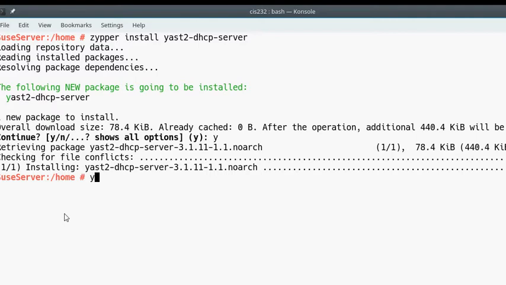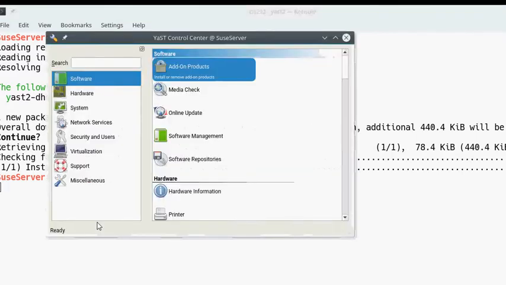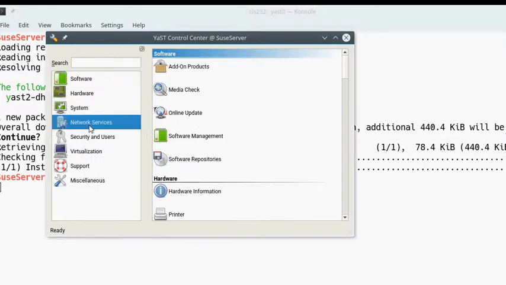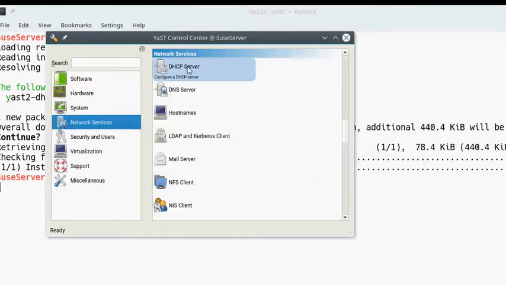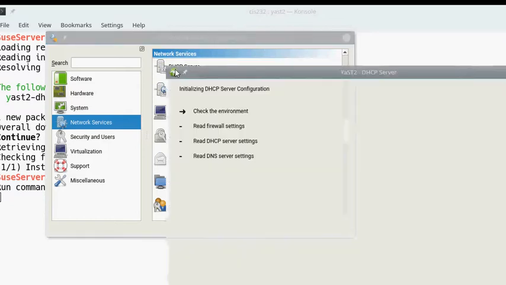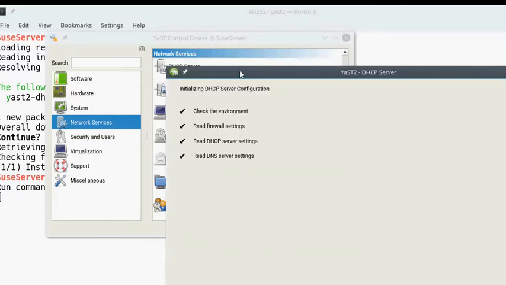Once that's done, I'm going to go into YaST. And under Network Services, notice now I have DHCP. It also installed DNS, by the way, so we'll actually look at DNS in a couple weeks. Okay, so I'm going to go into DHCP, and I'll go through the settings that need to be configured, and then we'll take a look at the configuration